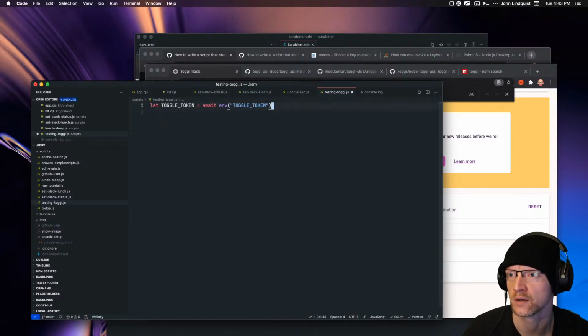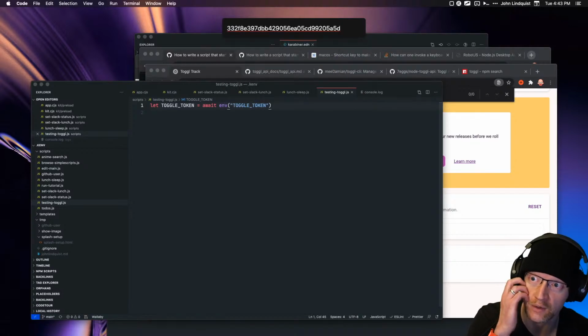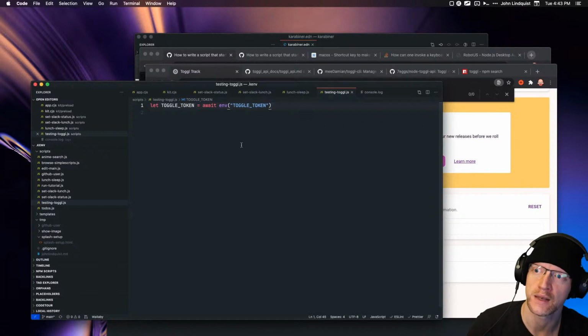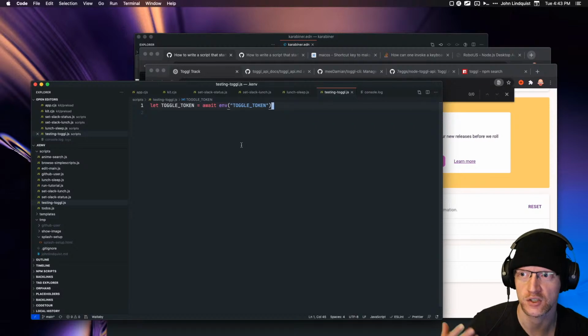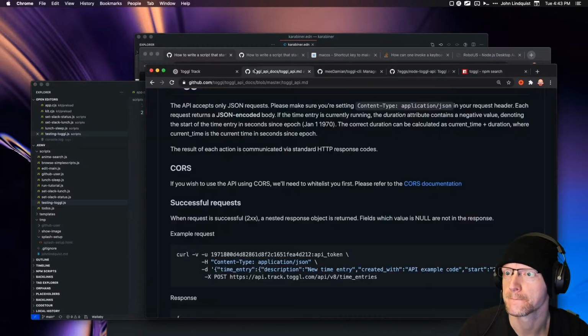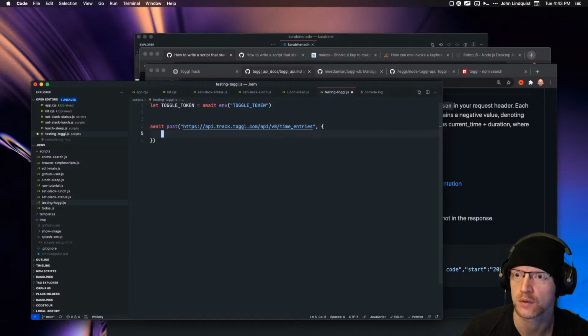Then once you run testing toggle, it'll prompt for that token. You can paste it in, and that'll add it to your .env file. Then the next time you run it, you won't have to worry about entering it. It checks to see if it exists. If it doesn't exist, it prompts you for it, essentially. So we're going to post to here. And we're going to post with